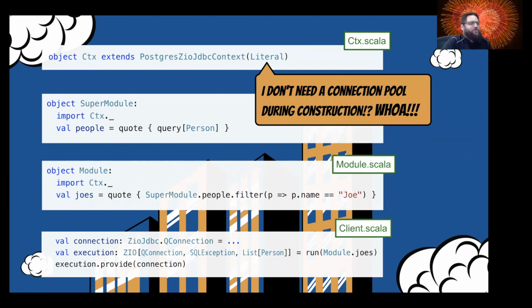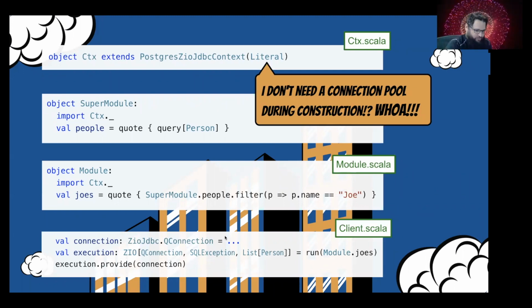So how do we solve that? Well, with Zio, we don't have this problem in the first place. And this is why I've decided to design the Zio Quill context the way that it is. Because